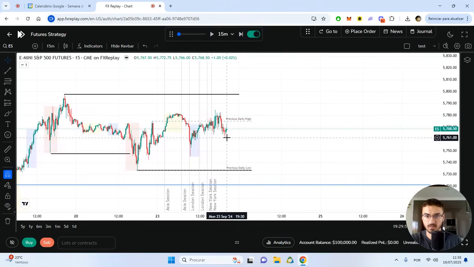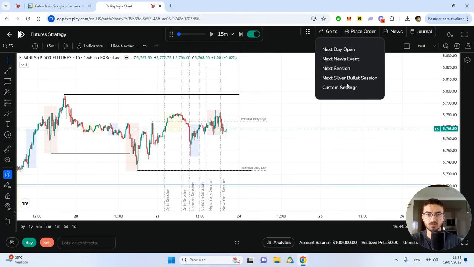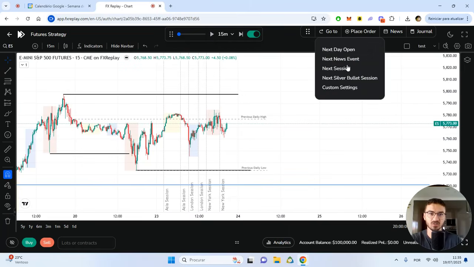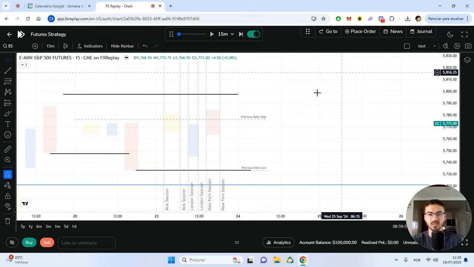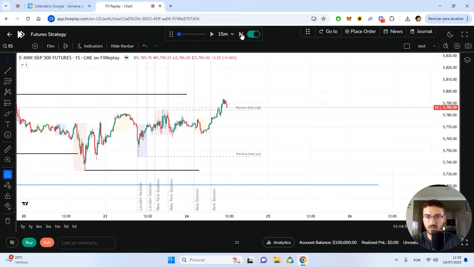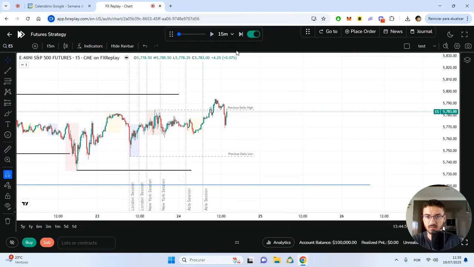Okay, nothing this day, nothing this day, nothing this day. Could buy it right here perhaps to get towards the liquidity, but we have liquidities on both sides, so the best case scenario is just for you to wait for one of those to get taken in order to have your high probability setup, right? So here the highs are probably going to get taken. If not, we'll just take advantage to buy.